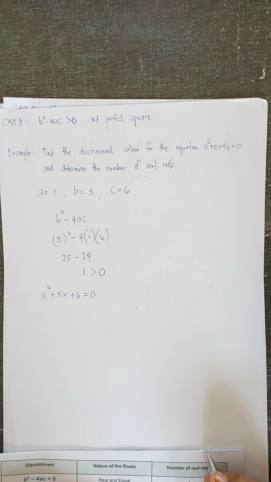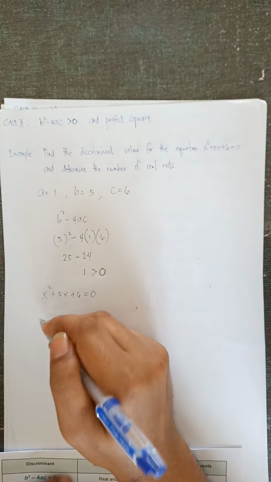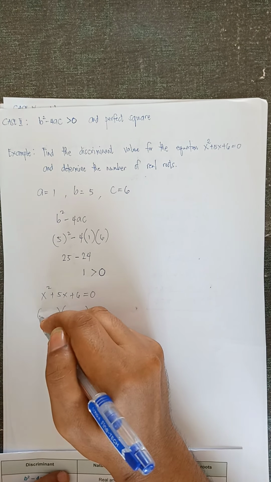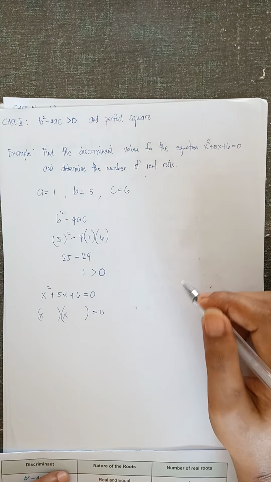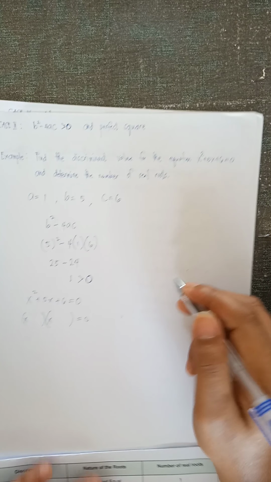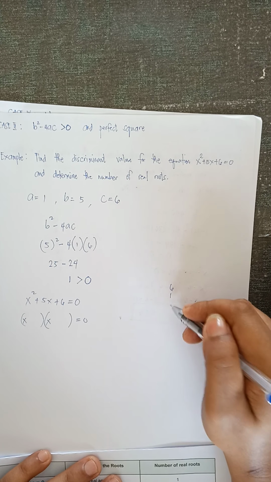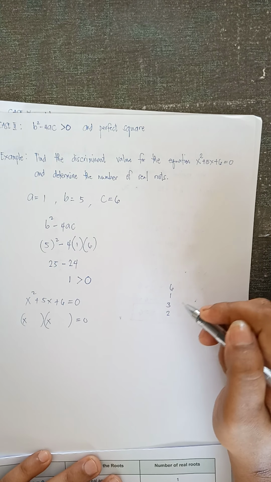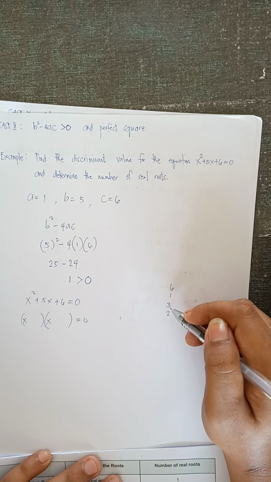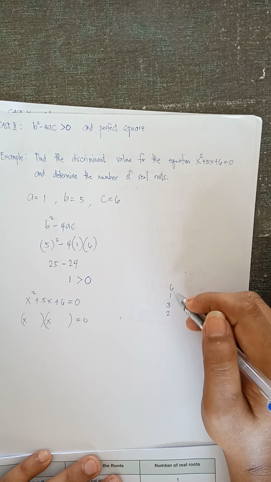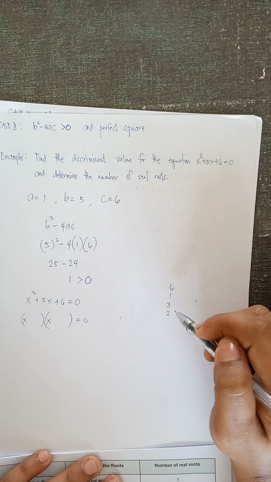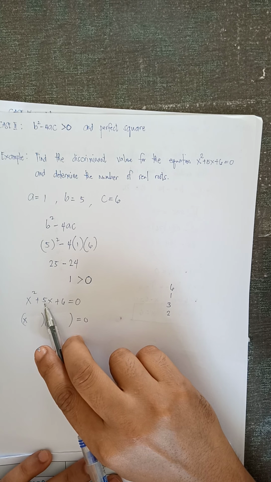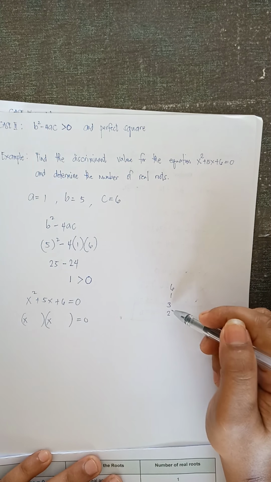So we're going to factor the quadratic equation, x and x. So what are the factors of 6? We have 6 times 1, 3 times 2, and what else? So there are no more factors. So look for the factors of 6 that when we add them, the sum is 5. So therefore, we will use